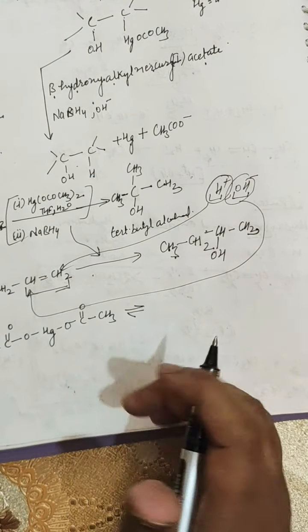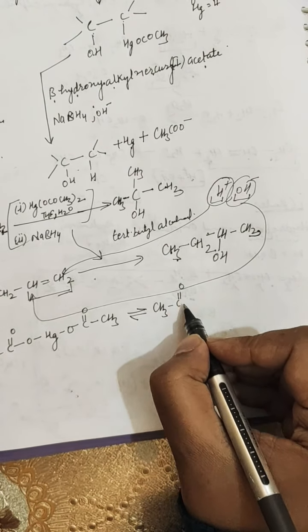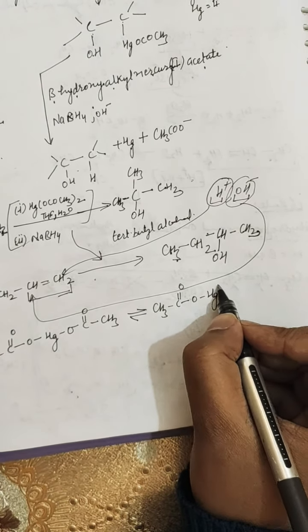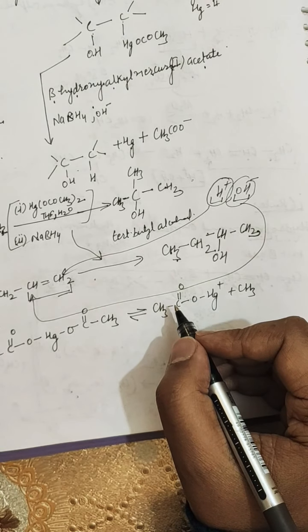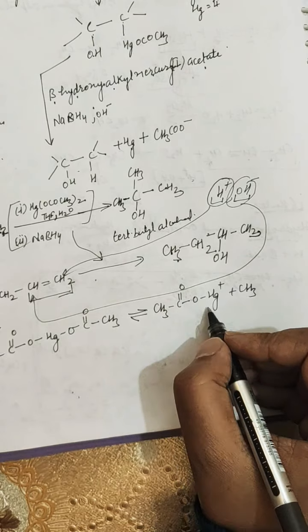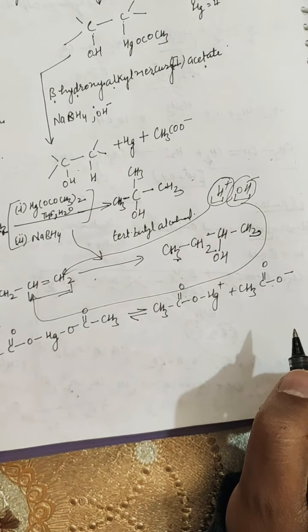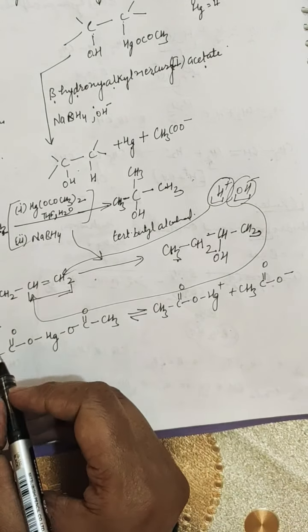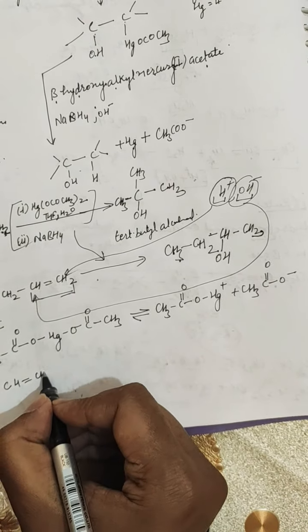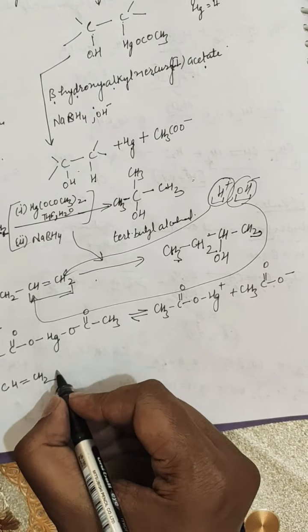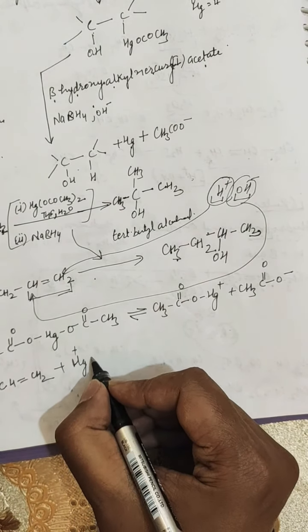Mercuric acetate will undergo dissociation, and it will result in the formation of the acetate anion, CH3COO negative, and this mercury cation. Further, this alkene will react with this mercury cation in the next step,